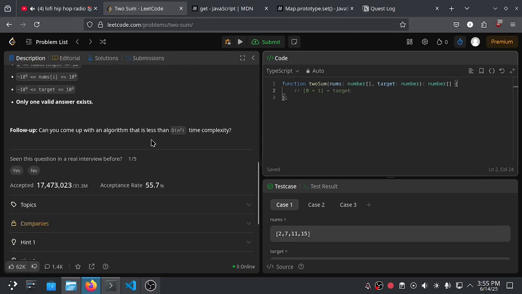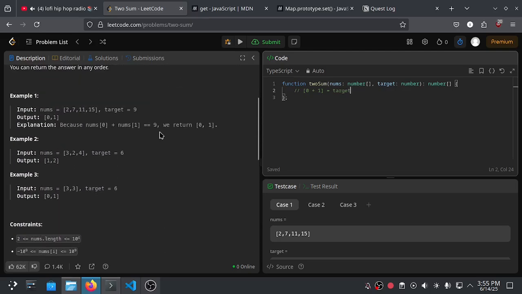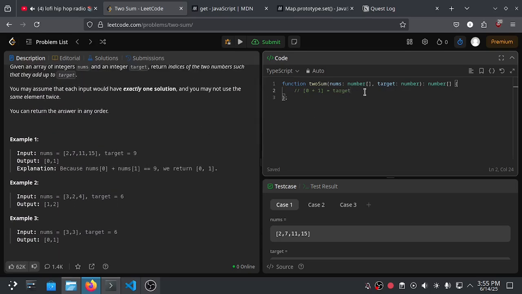And then for this particular challenge, you can use something called a map, using the num map. Then we are declaring a new map, since we are using TypeScript. Then for this key value pair, we declare the type of the key as number, and the value type as also number.